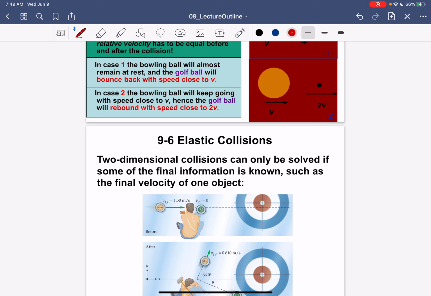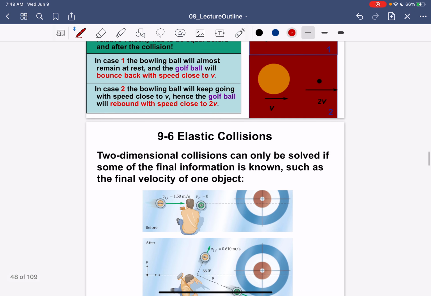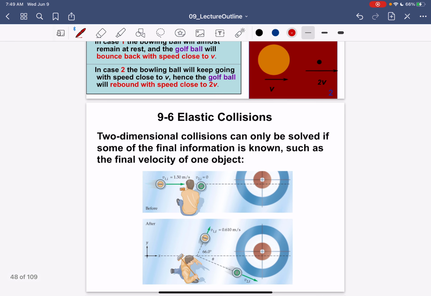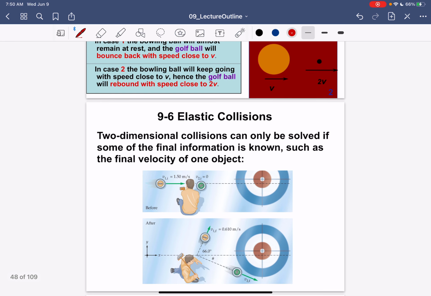Two-dimensional collisions can only be solved if some of the final information is known, such as the final velocity of an object. Then here, I have that object, mass 1, hitting that mass 2. And now we are going to have that. So okay, this is mass 2. This is mass